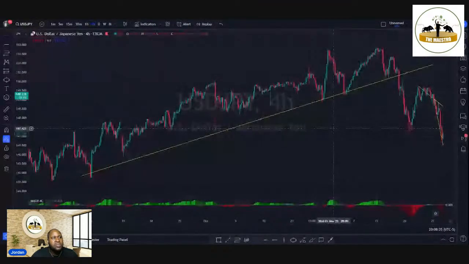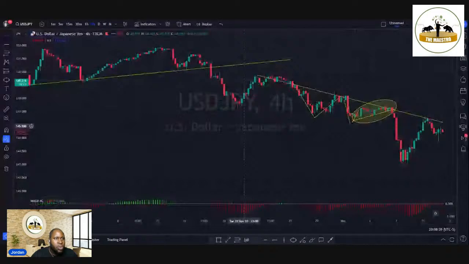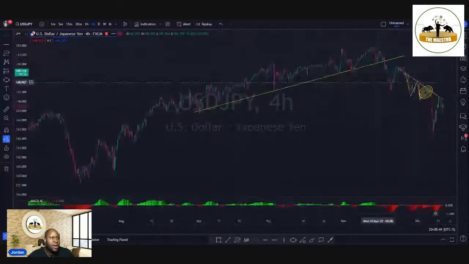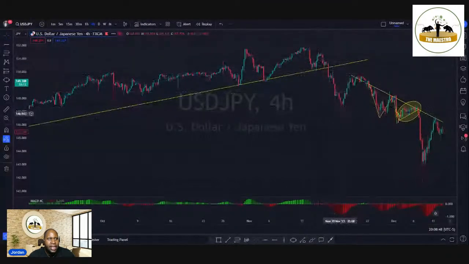So using Fibonacci, what we want to do is not only spot the major reversals on the higher time frame. So in other words, I don't only want to spot when this big drop is happening and the entire